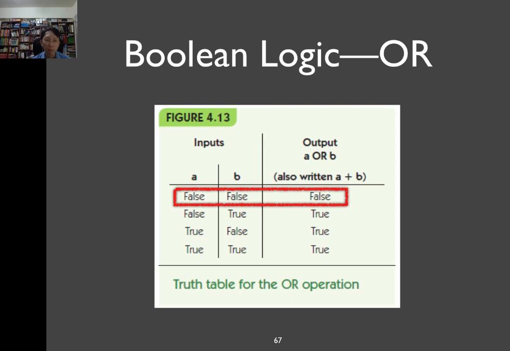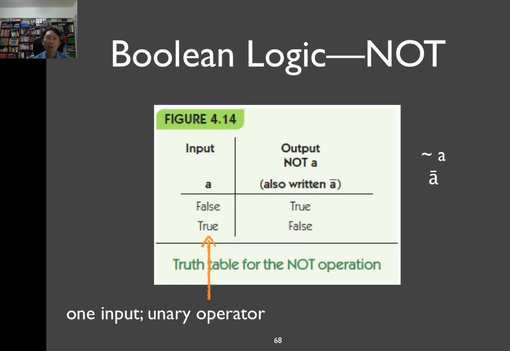The output is true as long as one of A or B is true. 只要 A 或 B 有一个是真的的话，那它的输出就会是真的。The only case for getting a false output is A is false and B is false. 就两个都是假的的时候，A 跟 B 的 OR 的结果呢也是假的。